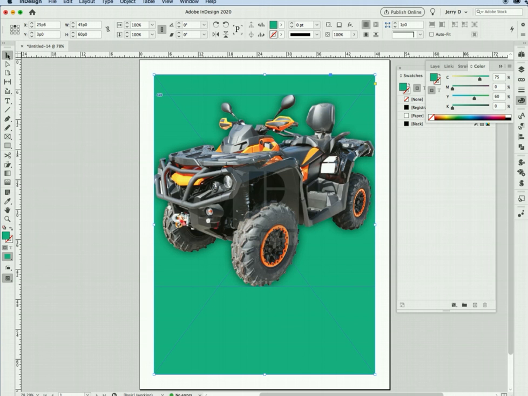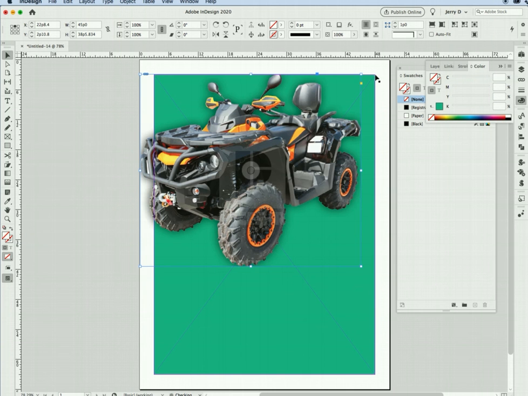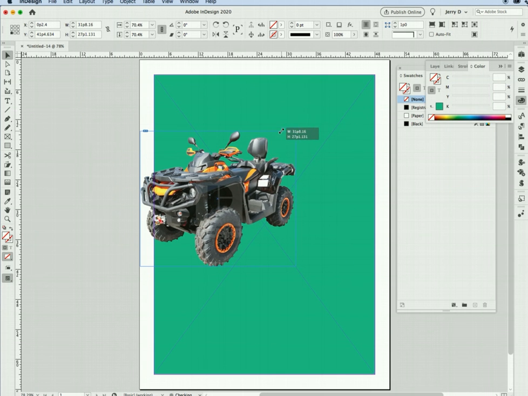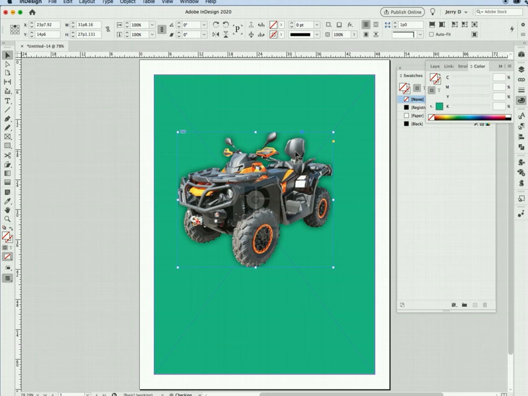And what I can do now is move this. I can scale it. I can move it around. I can move it down. I can move it up. I can put my finger on the Shift and Command keys, click on any one of the corners, and scale it down. All right, and of course the outer glow effect will still be there. And I can change that. I can change the color of that outer